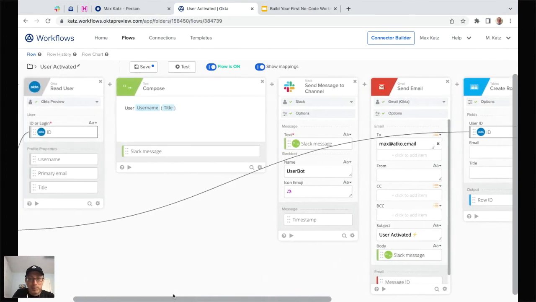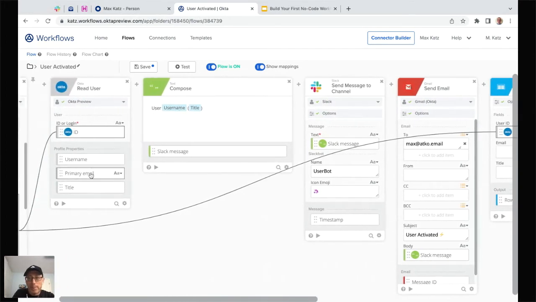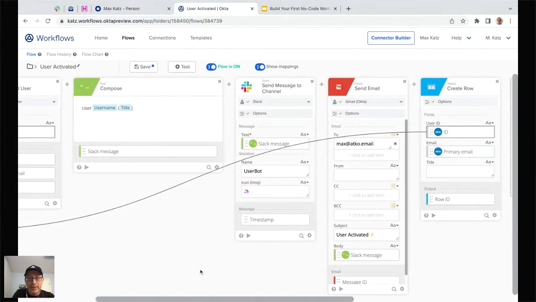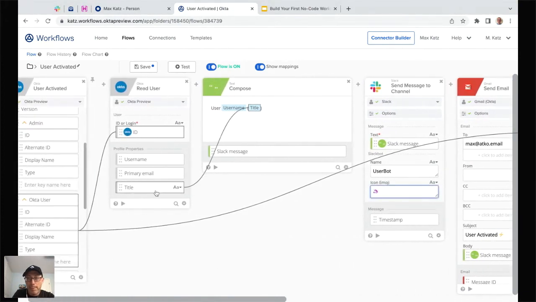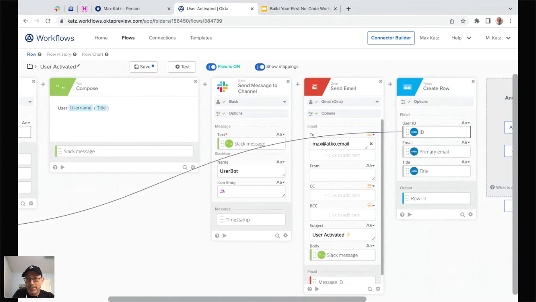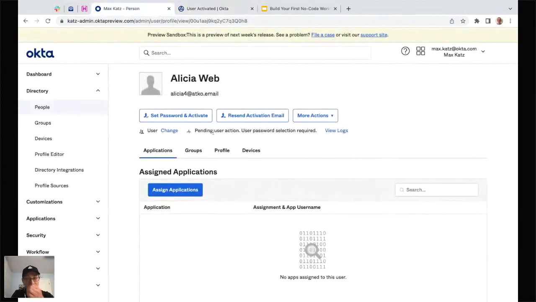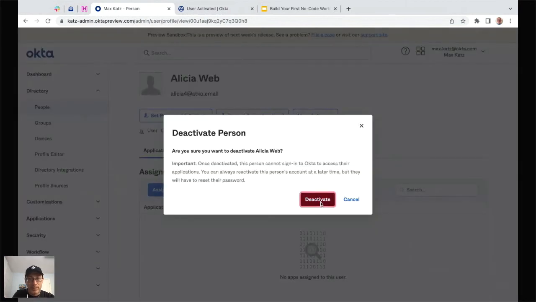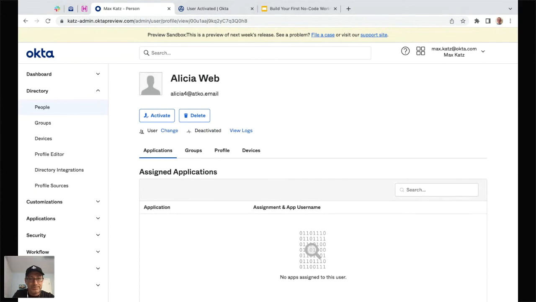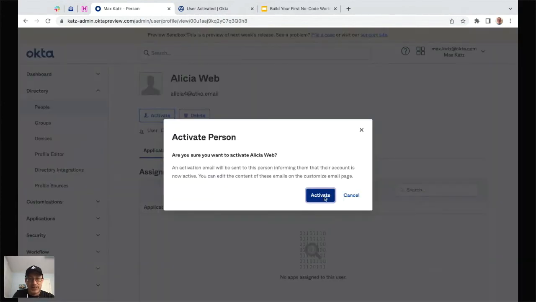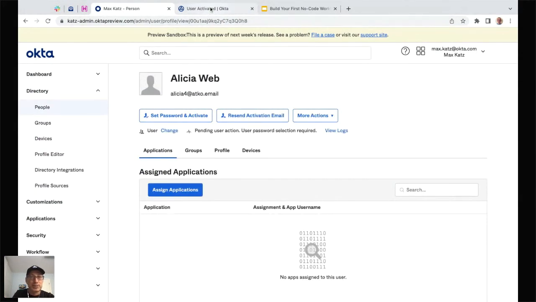All right, but let's do email and then title. All right, let's save, and let's go to our person. So Alicia is active, so I'm going to deactivate. All right, and I'm going to activate. And let's go